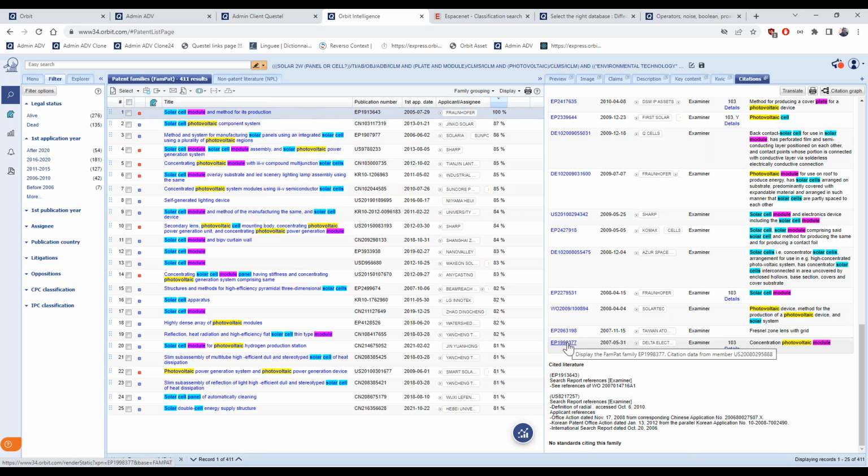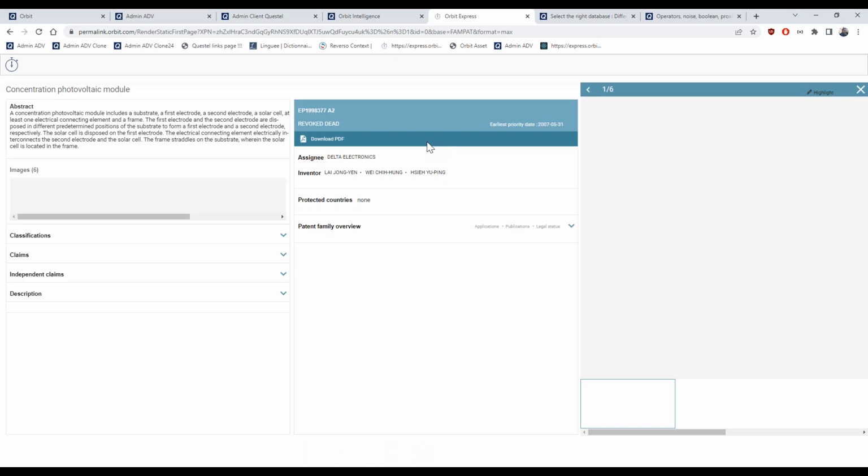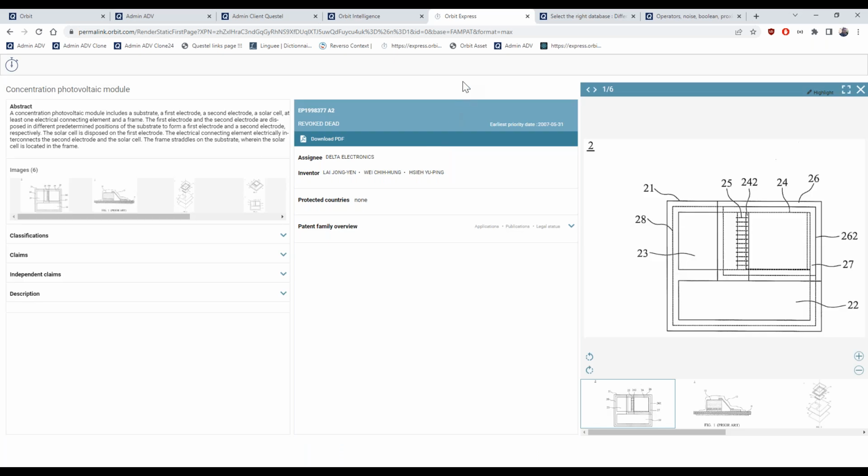Clicking on the publication, for example with a citing patent, you will be redirected to this interface. It's taken from another software called Orbit Express, which is a simplified version of Orbit Intelligence that is using the same database, so it's always FAMPAT.